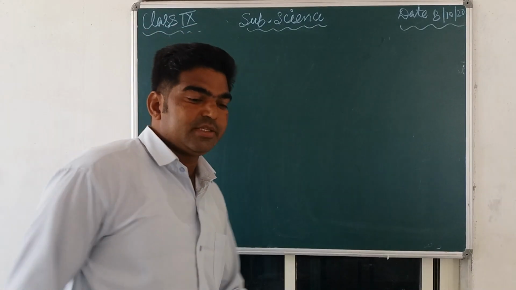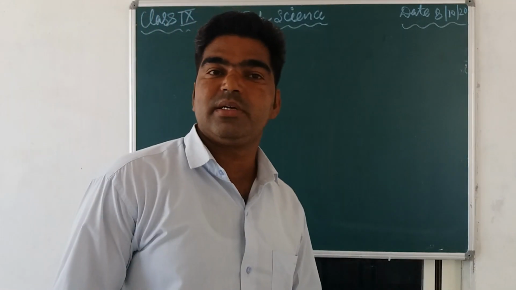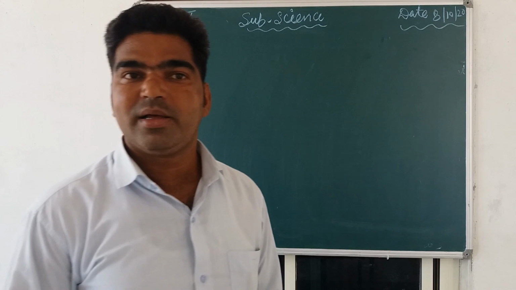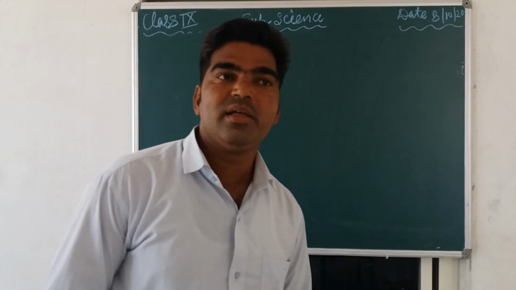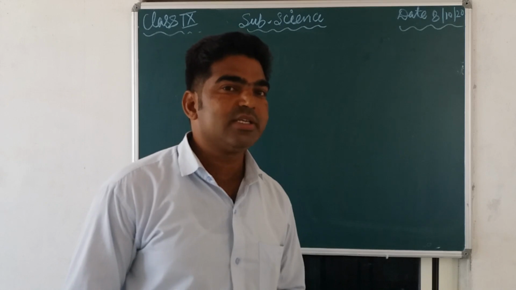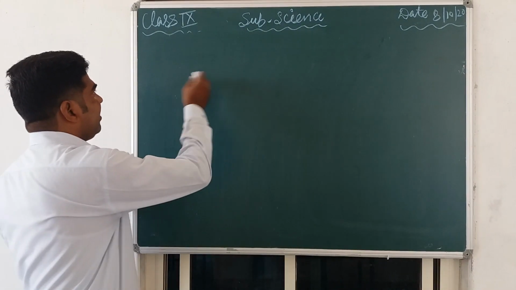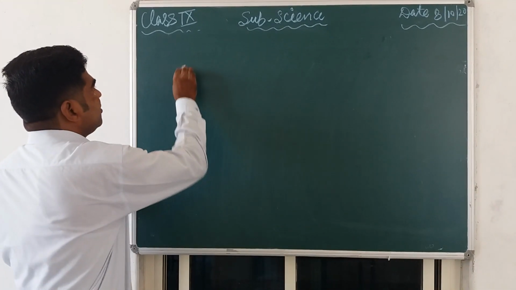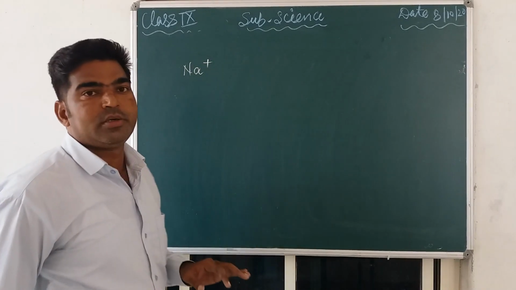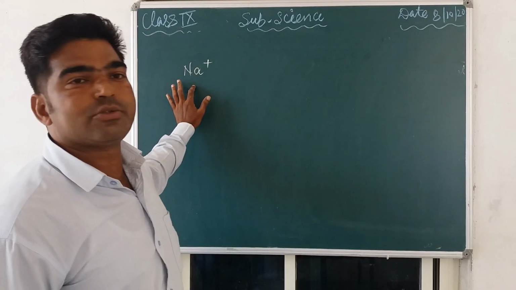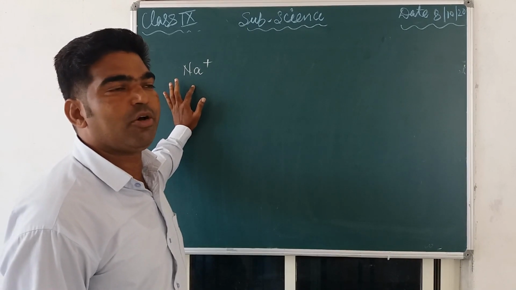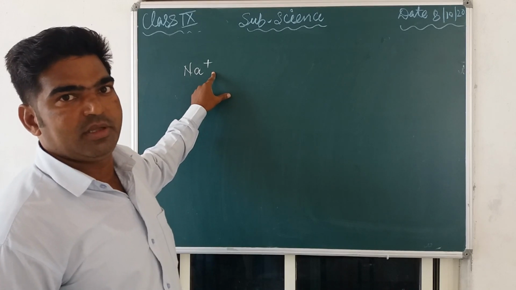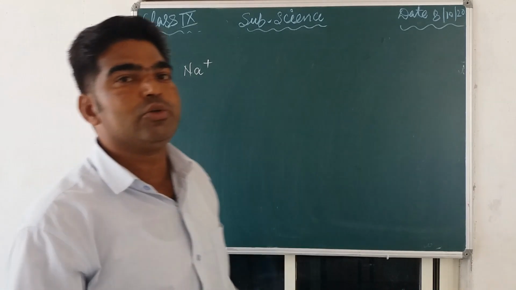So now one more thing. As we know, in a previous chapter we discussed the ions. Ions are formed by losing or gaining electrons, and a charged species is known as an ion. So for us, simply, suppose the question asks you to write the electronic configuration, or arrangement of electrons, in Na+. Na+ means what? It is an ion, which means it loses one electron.